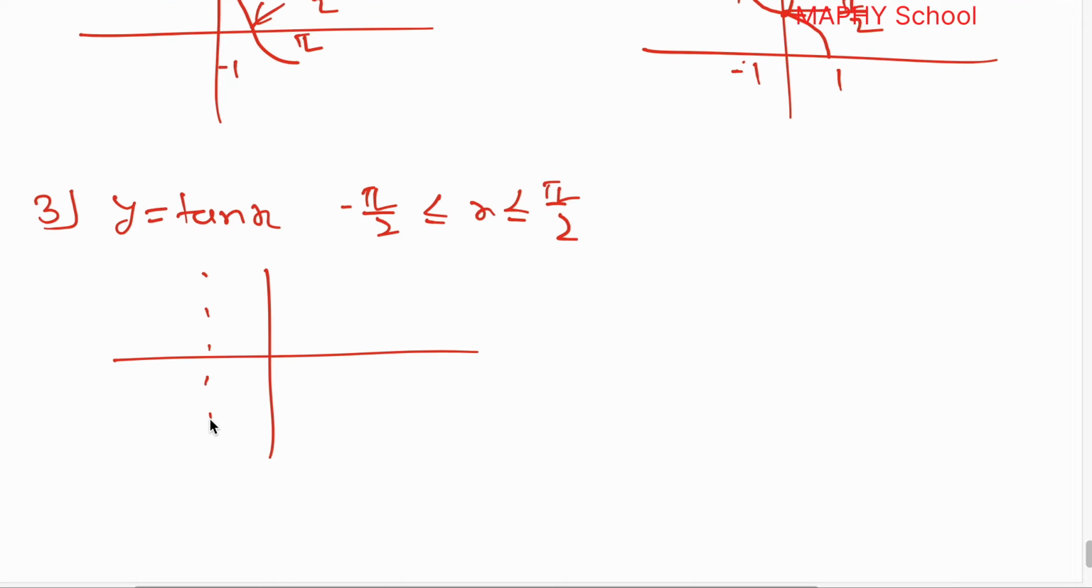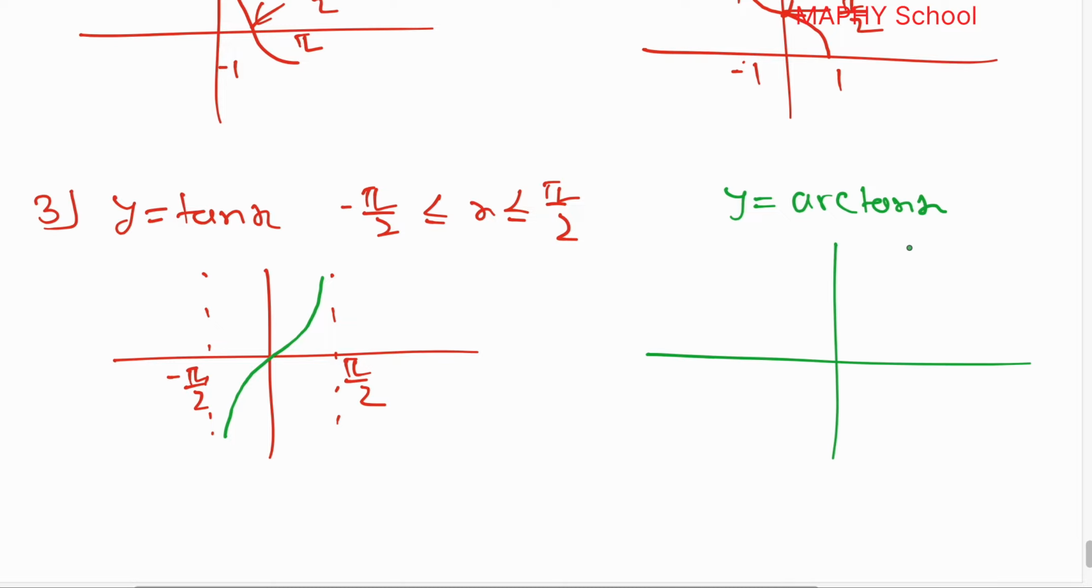There will be two asymptotes at pi by 2 and minus pi by 2. The curve would be like this. Okay, so now let's draw y equal to arc tan x. The arc tan x curve would be